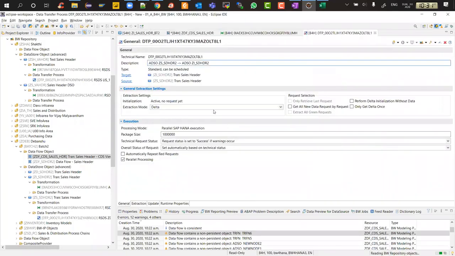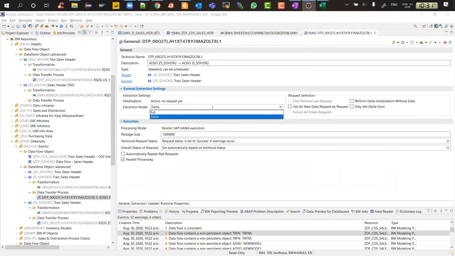And here it is allowing me full or delta, definitely, because I can have full or delta both from the DTP, but because my source ADSO is basically a compress, that means it will have inbound table and active table, and once it is an active table, then it cannot give me delta, right? So then how will it work? We will see that. So I'm going to create it, keep it as delta, not full, sorry,